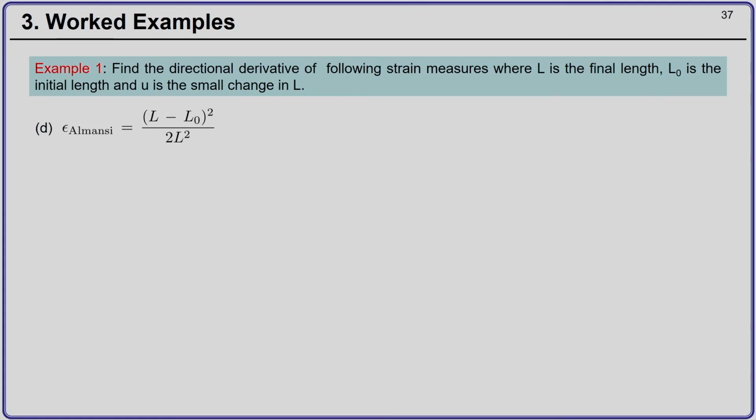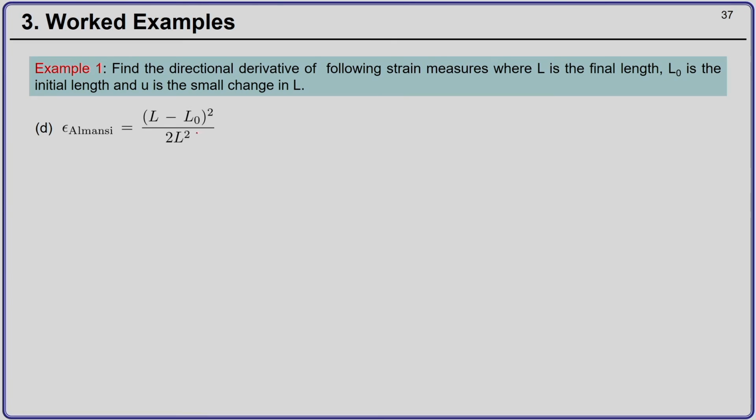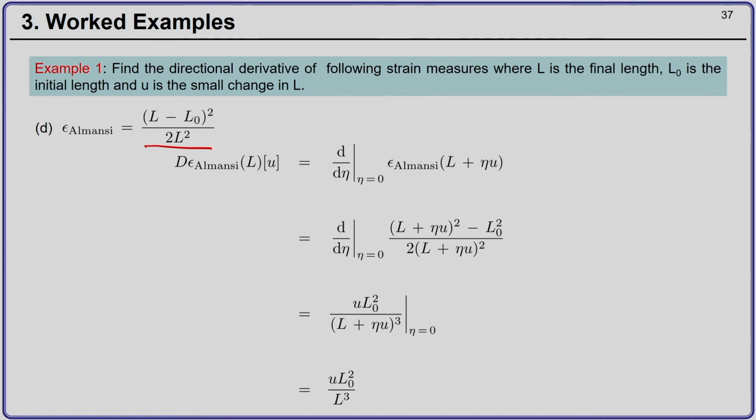So, once we have done this, the last strain measure that we had is called the Almansi strain measure. We will look into detail of all these strain measures once we go into kinematics. So, the Almansi strain measure is given by L minus L0 the whole square divided by twice of L square. So, to compute the directional derivative of the Almansi strain measure at length L in the direction u